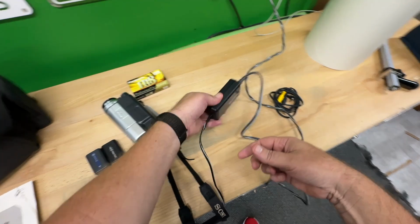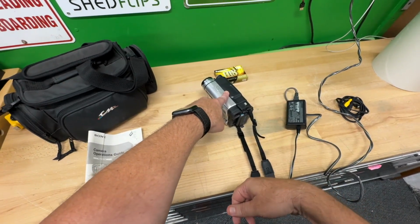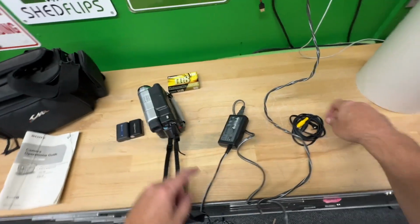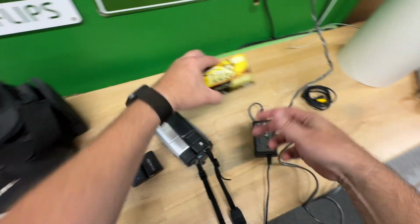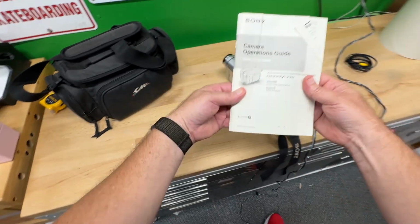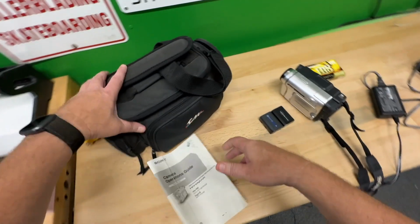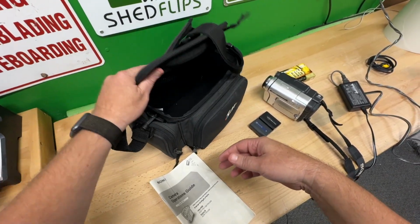It does come with the OEM charger right here. The camera can run directly from the charger, which is good. We also come with a little AV cable here. It's going to come with a brand new sealed 8mm tape. It's going to come with the instruction manual, and it's going to come with this really nice case that fits